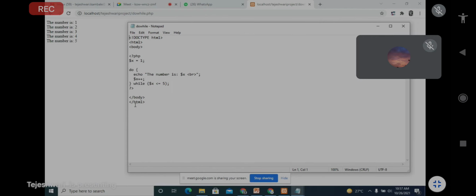Because x will then be incremented to 6. If you go to 6 less than or equal to 5, no, that is false, so that will not be printed. You already gave the condition, so whatever satisfies the condition will be printed one by one. So simple, this is not a confusing part.